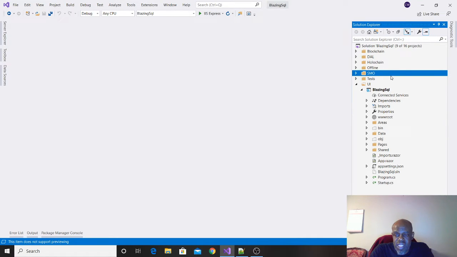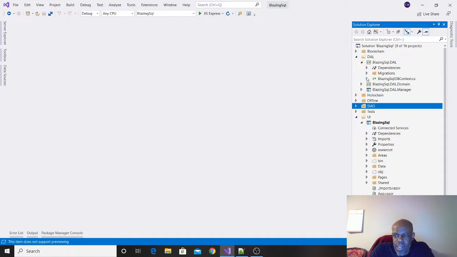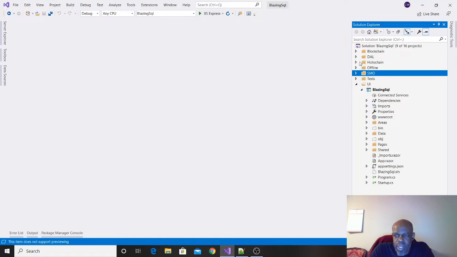I have everything segmented. I kind of like having everything componentized. I really do. It makes things a lot easier. And then when I need to fix things, if I've got data issues, I just go to my data layer, and then I get into my DAO, and then I just deal with whatever I need to deal with. Same thing on Blazor. I have all my pages. I kind of went with a different design.